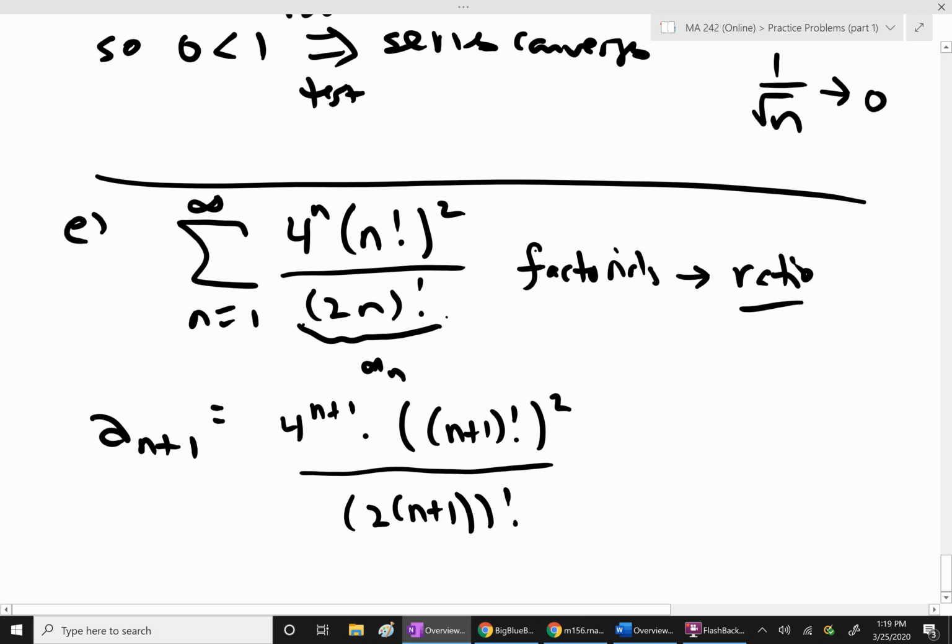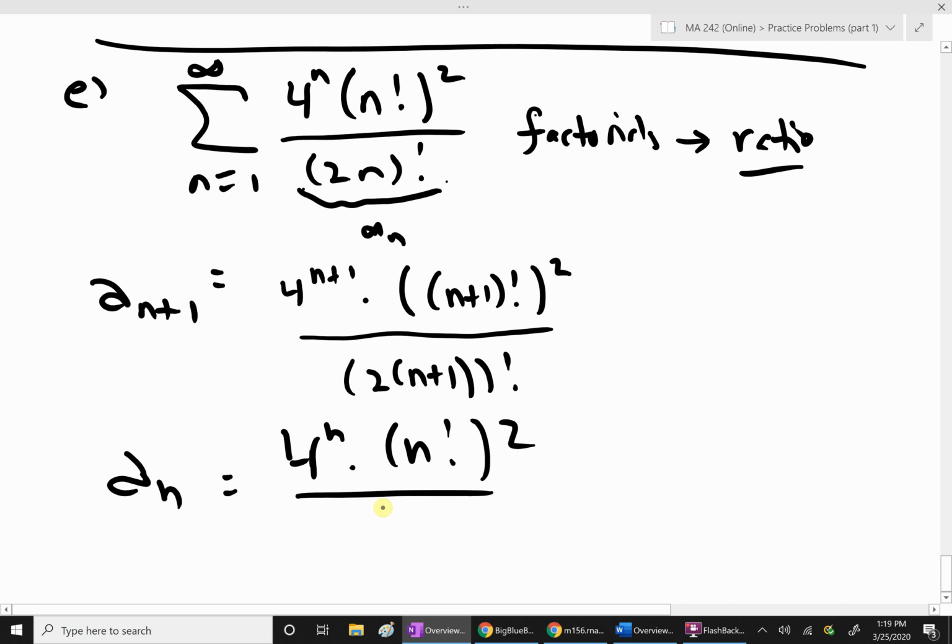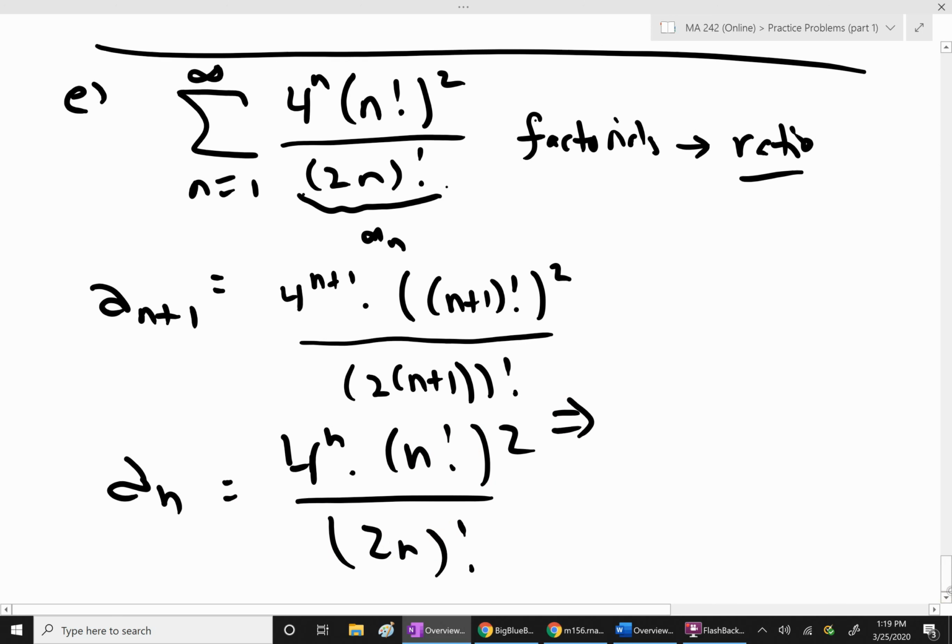Notice I'm being very, very liberal with parentheses here. Okay. All right, good. And what some people do is they write a_n on the bottom, okay? And of course the a_n is just what you're summing up. There's nothing to write really, okay? And then I'm going to flip this and I'm interested in the ratio, right? So the ratio of a_{n+1} over a_n is equal to,